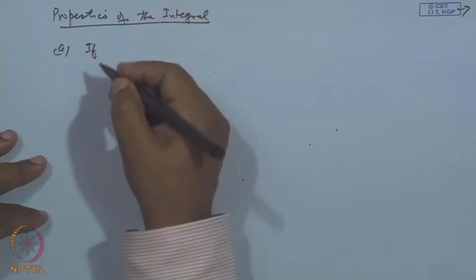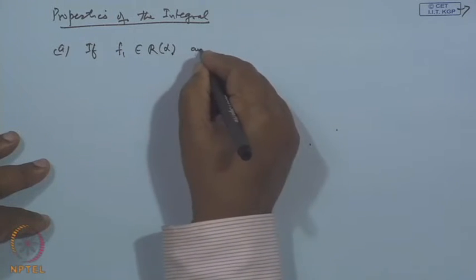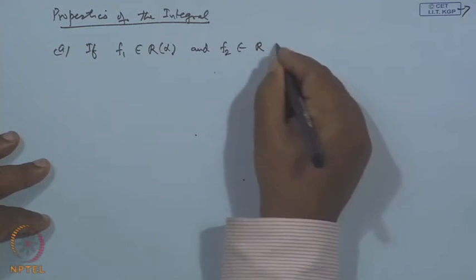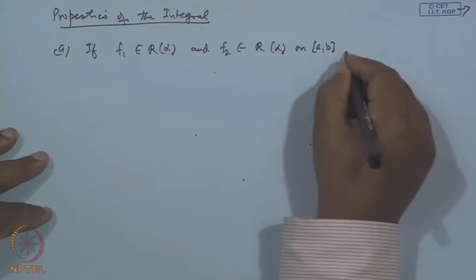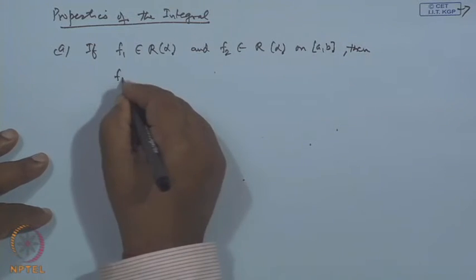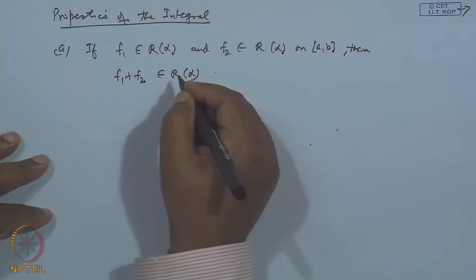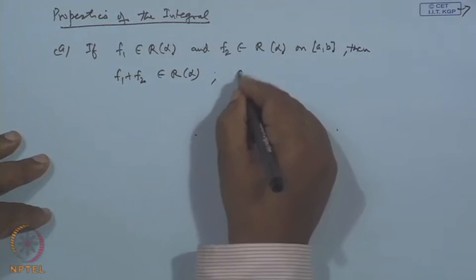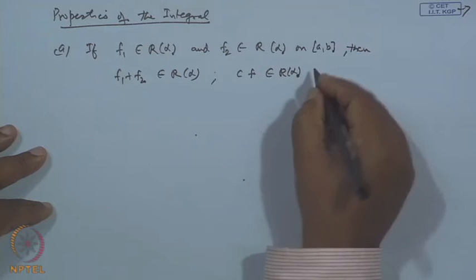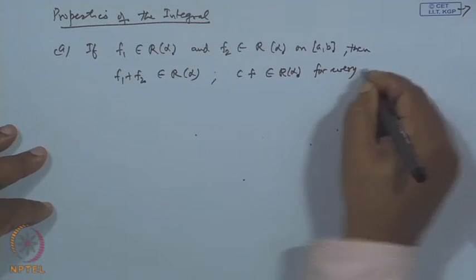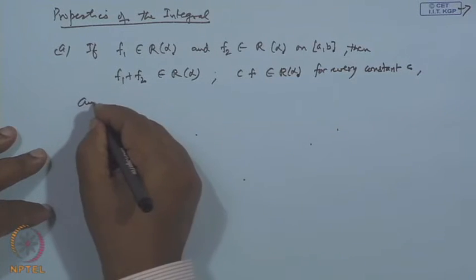Now, if f1 is a Riemann-Stieltjes integral with respect to alpha, and f2 is a Riemann-Stieltjes integral with respect to alpha on the closed interval a b, then the sum f1 plus f2 will also be a Riemann-Stieltjes integral with respect to alpha, and c f will also be a Riemann-Stieltjes integral with respect to alpha for every constant c,